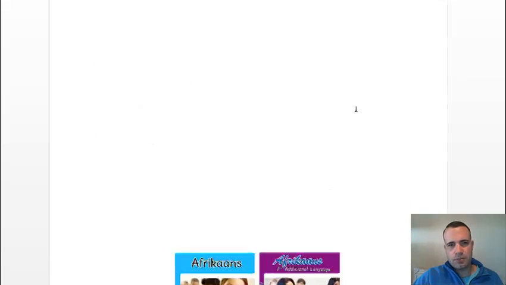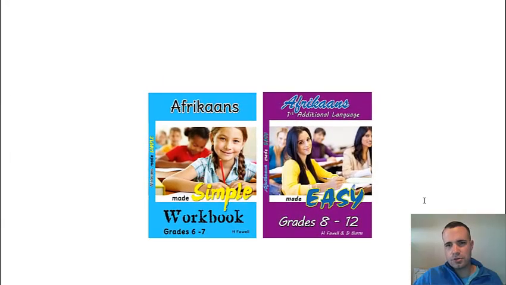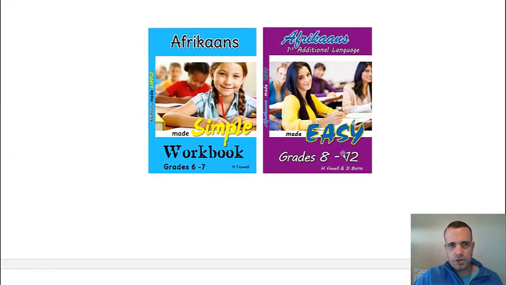Okay. In these 2 books, it is not in the primary school book. You don't do this in primary school, but it's in the purple book, grades 8 to 12. It takes you right up to the exam questions at the end of the chapter that comes from actual exams. So it's really helpful, and then the answers are at the back. If you need the book,